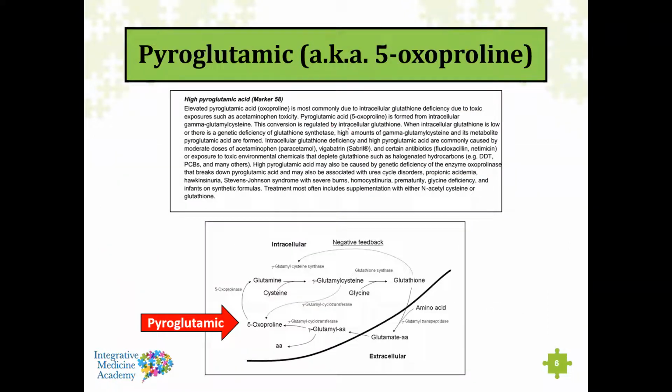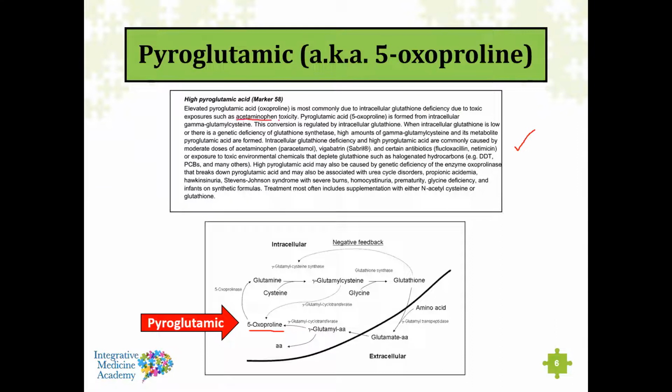So pyroglutamic, another name for it is 5-oxoproline. Get in the habit of, whenever you see pyroglutamic elevated on the OAT, looking at the interpretation section. It's just so that you get an appreciation for the various things that can cause this marker to be high. And then think about prioritization of what's most common, and what would be very rare, least commonly seen or encountered. Okay, so the most common scenario of an intracellular glutathione deficiency is often due to somebody